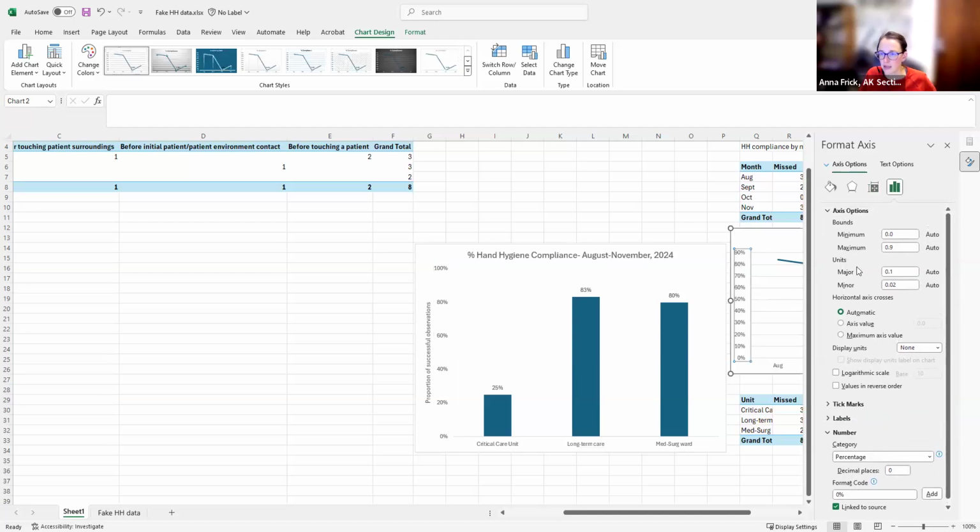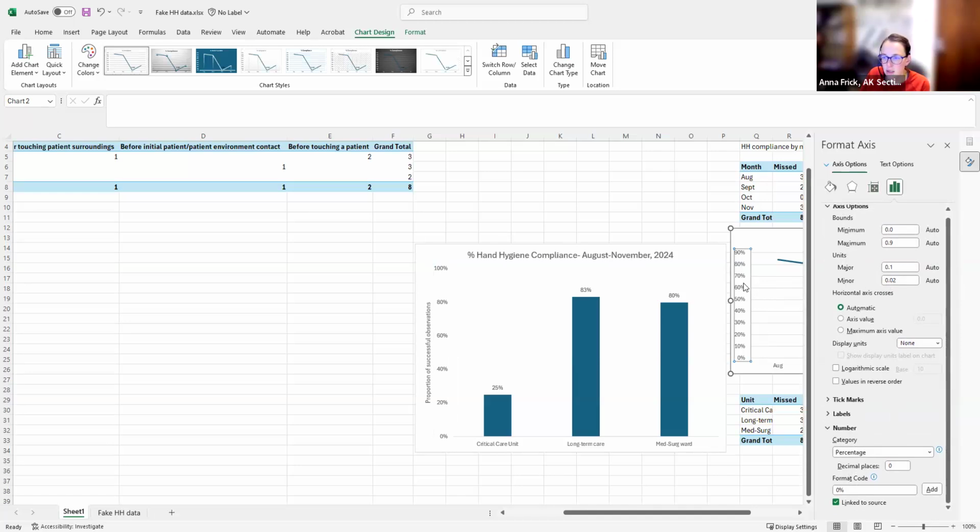If we look at the axis options for the line chart, they are slightly different, but mostly similar. If these weren't percent data, then it would have some other options here. So you can tell it to knock it off with decimal places and stuff. Its default is to do that for percents, but if I had not formatted these data as percent, then it wouldn't know they were percents, and it would probably be showing me a bunch of decimal points there, and I could make that go away here.